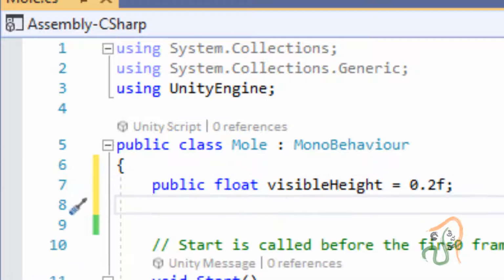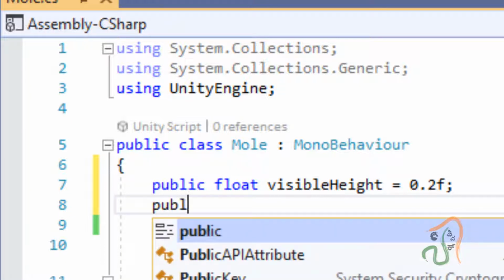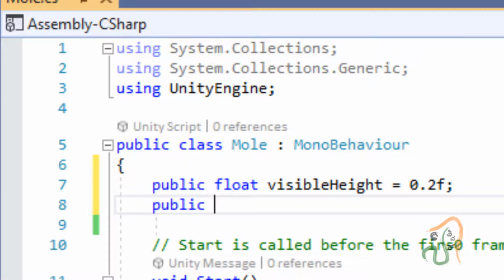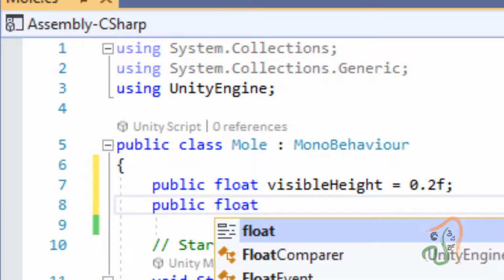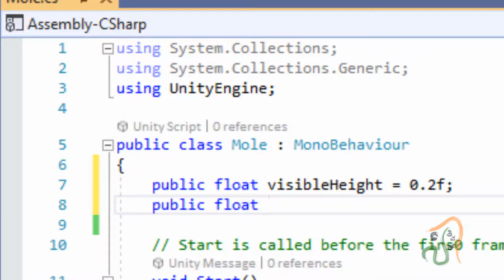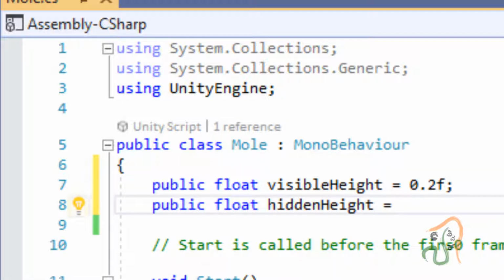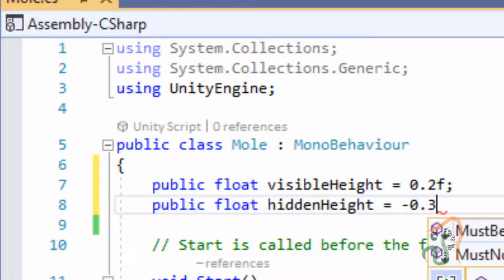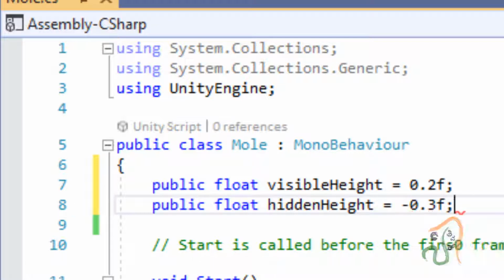Press enter and declare one more variable, again public float, and instead of visibleHeight we choose hiddenHeight, and this will be made equal to minus 0.3f, ending with a semicolon.